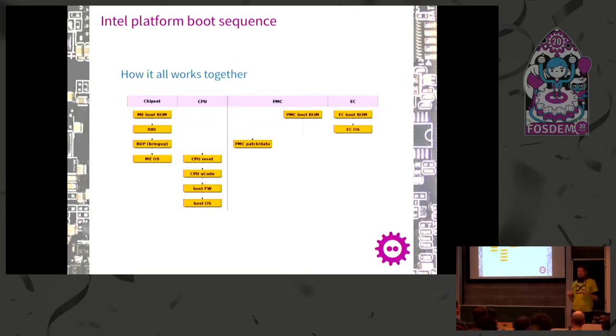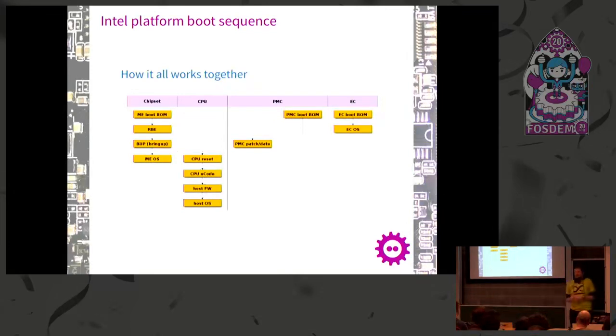So you should know that the management engine is also connected to all the other parts. We just heard about some coreboot information, also general firmware information for the host, which is also connected to lots of devices and needs to initialize stuff. So it's basically like you have multiple chips and multiple firmware images, which are all doing some initialization here and there, and they do not necessarily know about each other. Okay, so that's where sometimes potentially bugs come from.